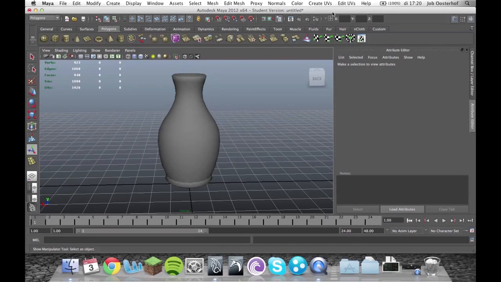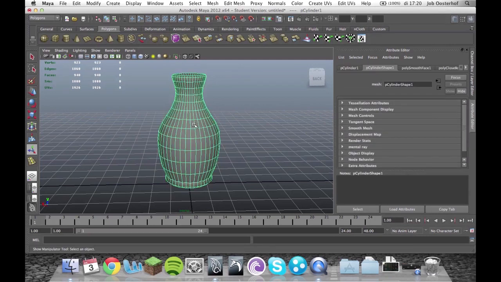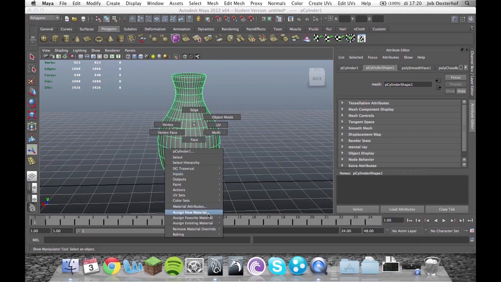Now, as you can see, I've just brought back the vase into our workspace, and the way it looks right now, I wouldn't even put it in my house if someone paid me to. So what we're going to do is add some color to it to make it nicer. It's very easy to do. You just right click your object and we assign a new material,